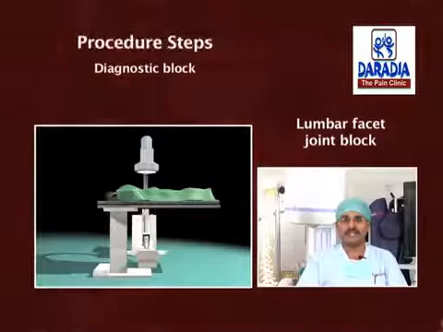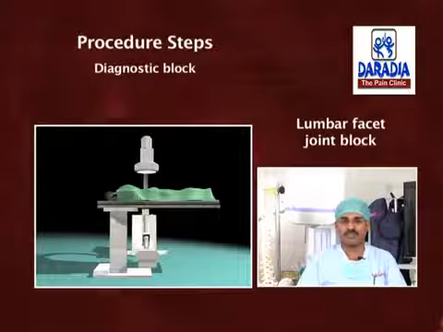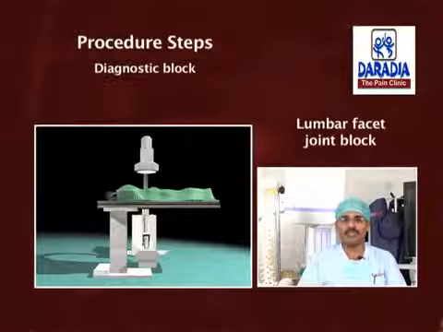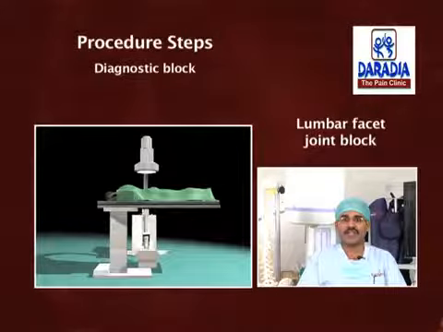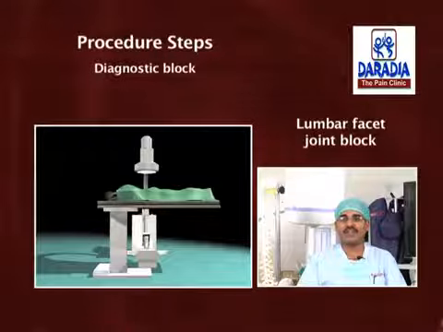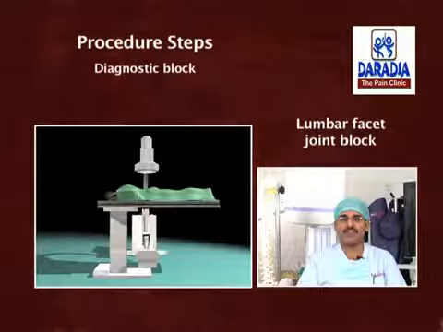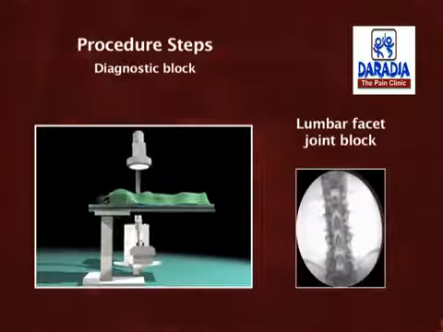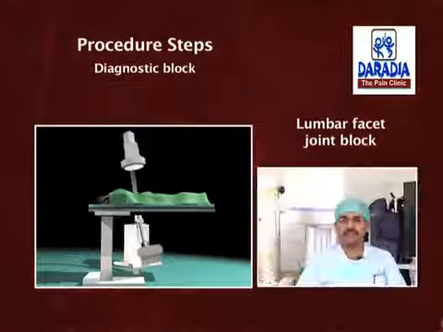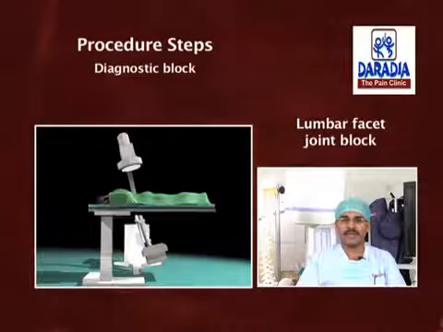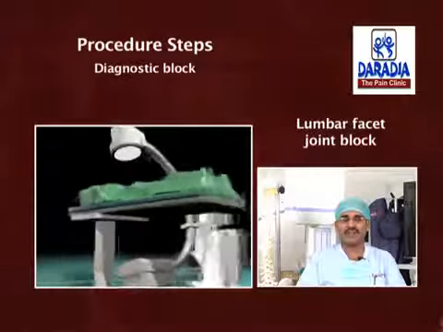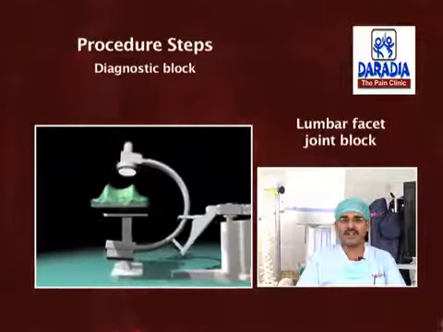Coming to the steps in intra-articular injection, keep the C-arm in anteroposterior position with the X-ray tube below the patient. Keep optimal working space between the patient and image intensifier. Use automatic brightness mode and collimator if available in the console. Identify the side and level of the facet joint to be blocked. Then take an AP image with the spinous process exactly in the midline. Align the end plates of the target vertebral body by craniocaudal tilt. Usually for upper lumbar vertebrae, move the image intensifier caudally, and for lower facet joints, move the image intensifier cranially.